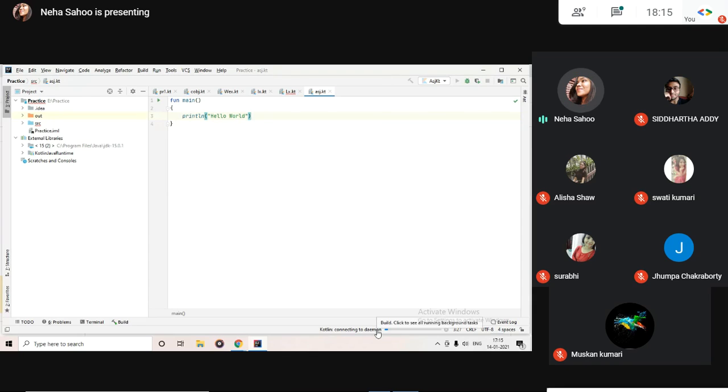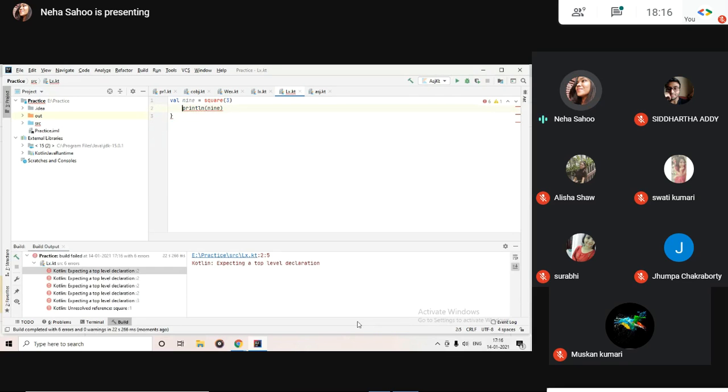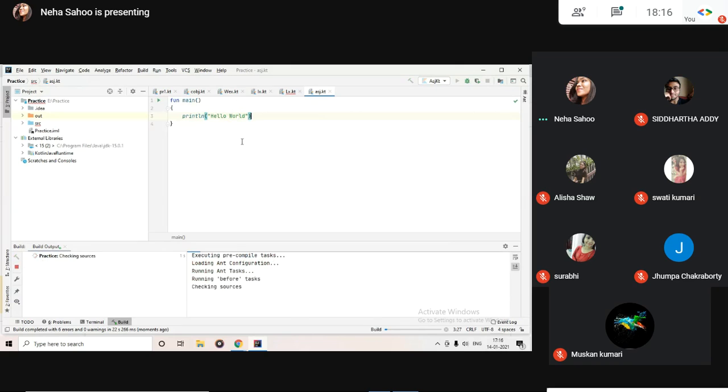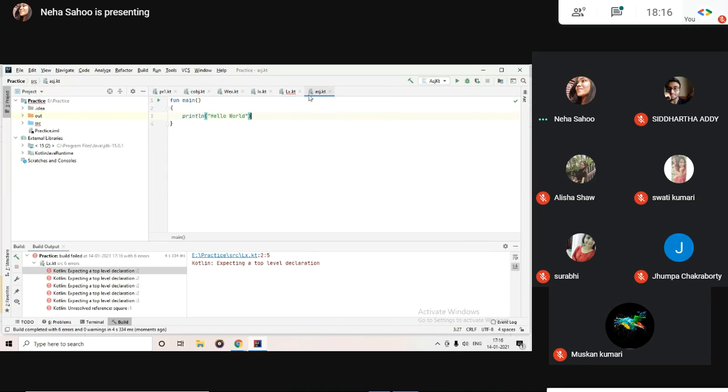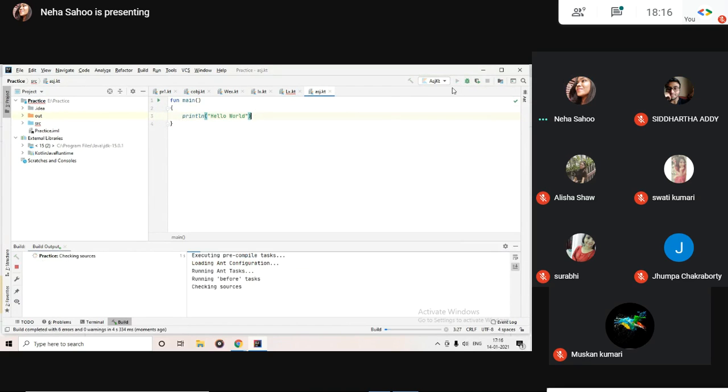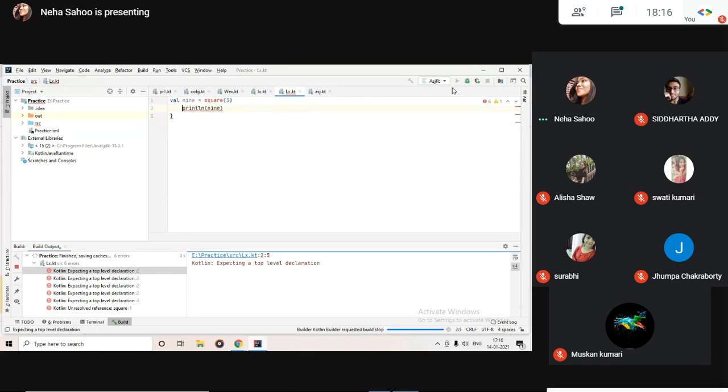Whenever you are running your program, even if you are using IntelliJ for Android development, you can see the progress of how much it has been compiled. You can see it here. Right now, since I'm running it for the first time, okay, I think it ran a different file.